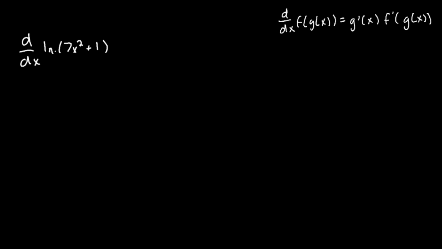Let's go ahead and use the chain rule for natural logarithm of 7x squared plus 1. So again, we need to differentiate the outer function and the inner function. So let's go ahead and write the outer function. Well, the outer function is natural logarithm of something. Now you're not always going to get parentheses for the outer function. That kind of guides you a little bit, but in a lot of cases you can think of the outer function as